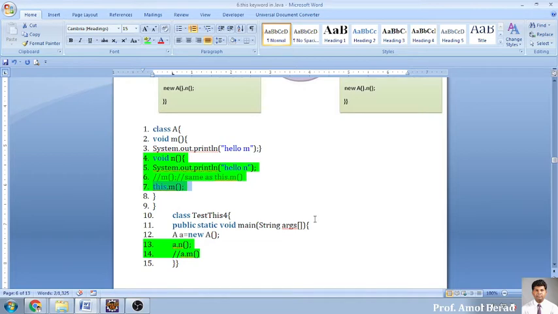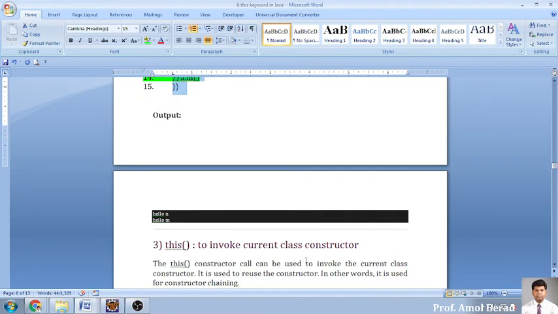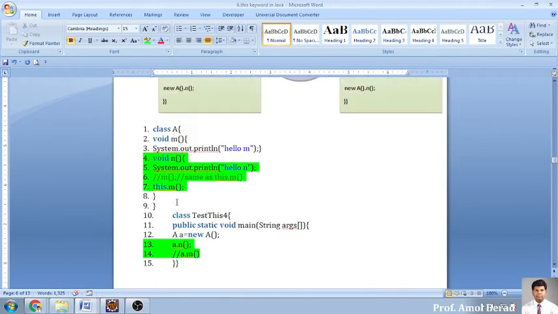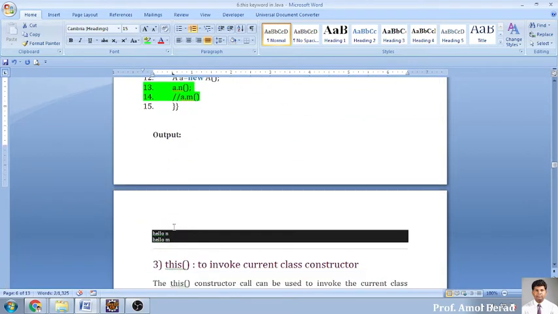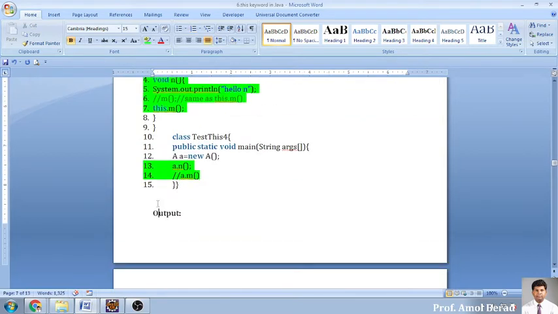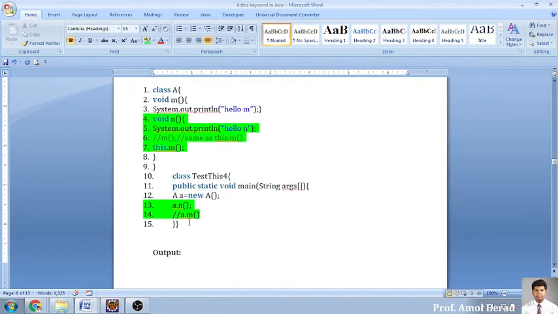So is it clear to everybody? Yes. Okay. Yes, sir. Okay, shall I move further? You just check the example, just run it on your system. That will be very feasible for you, so you can understand what is exactly going on with the this keyword. Okay, so we'll get an output like this because I have written hello n and hello m. Both the outputs will be visible in front of me. And shall we move further now? Yes or no? Yes, sir. Okay.